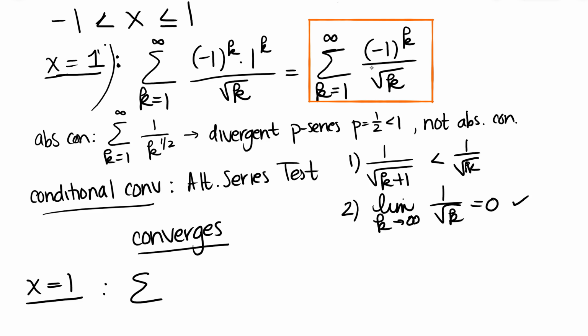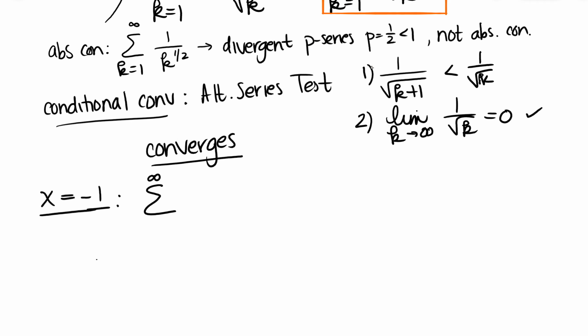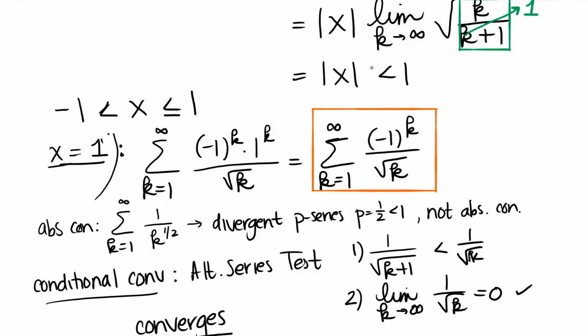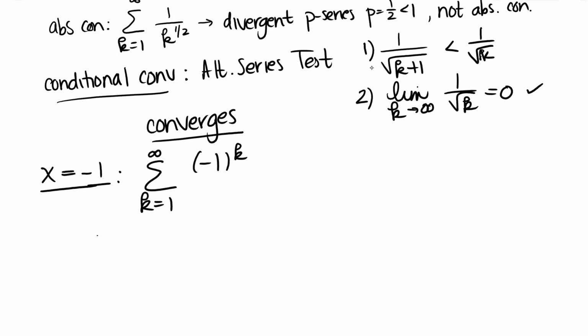Now let's look at x equals -1. When I really get a little excited, I really enjoy this topic. So I was just super excited to record this lecture. All right, let's put in -1. When I put in -1, I have the -1 to the k from right here, okay? And now instead of x to the k, I'm going to have -1 to the k,